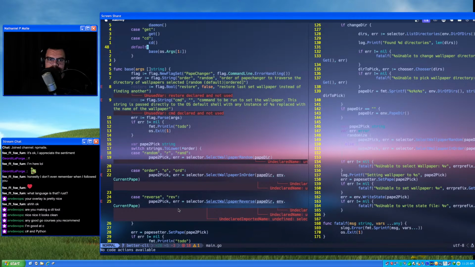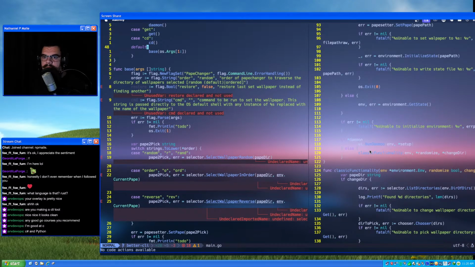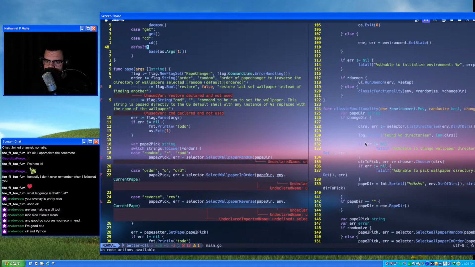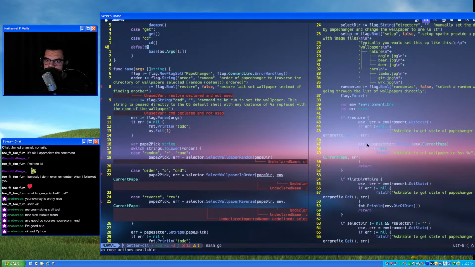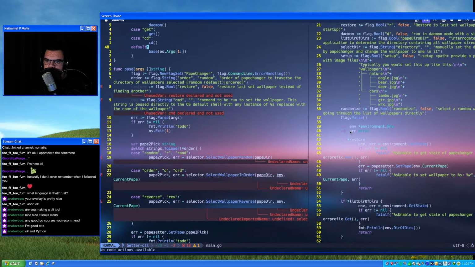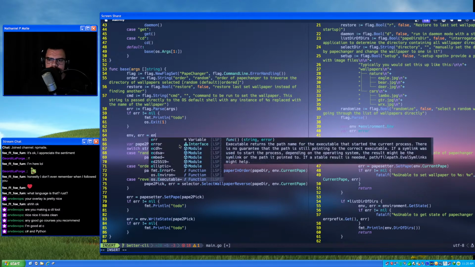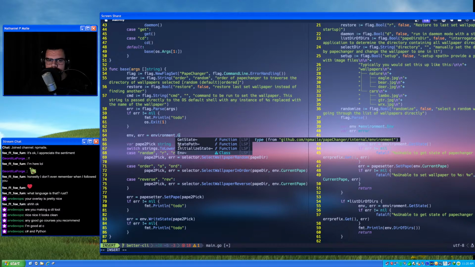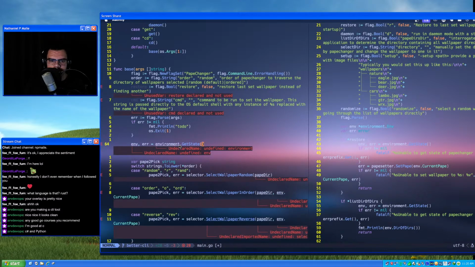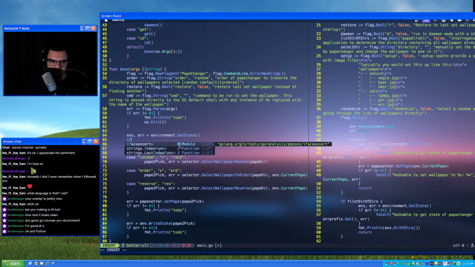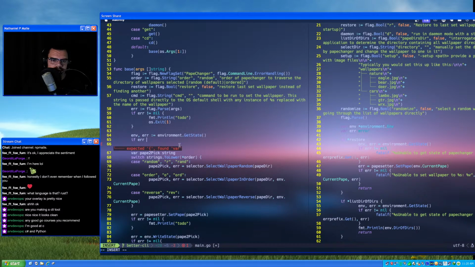So we need the environment of the thing. Let's see, where are we getting the env? There we go, environment.Env. So we'll say env, error equals environment.GetState. Make this a colon equals.